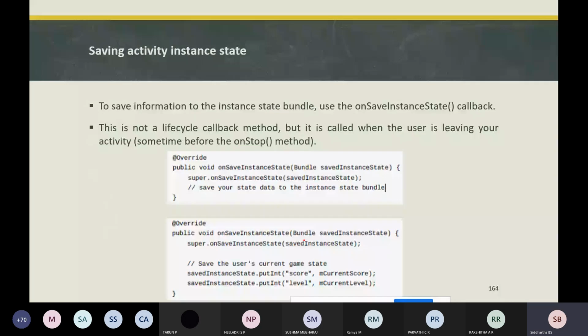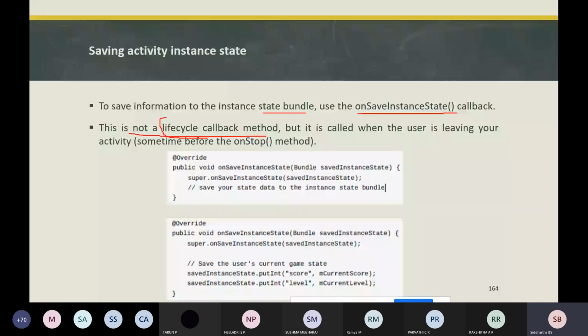If you want to save information to the instance state bundle, we need to use the callback method onSaveInstanceState. This method is not an activity life cycle callback method.